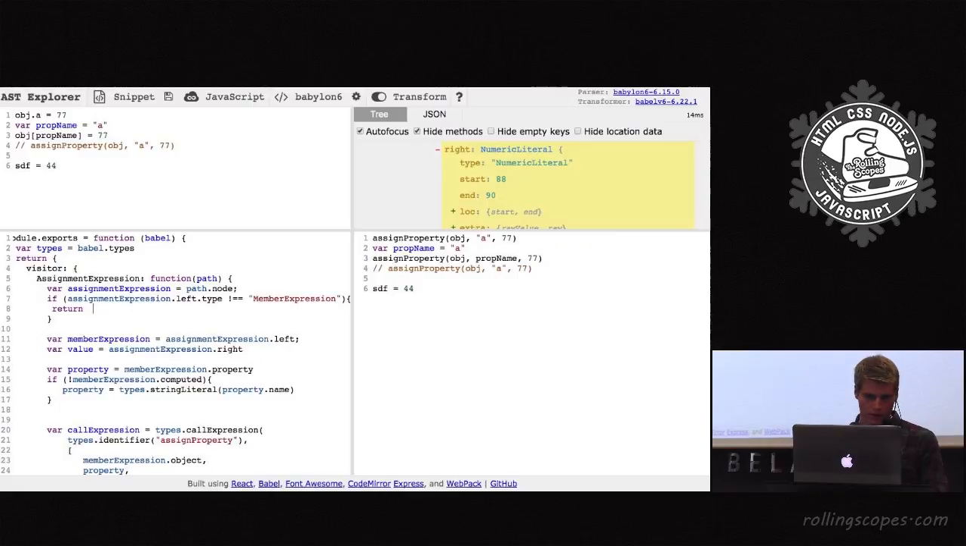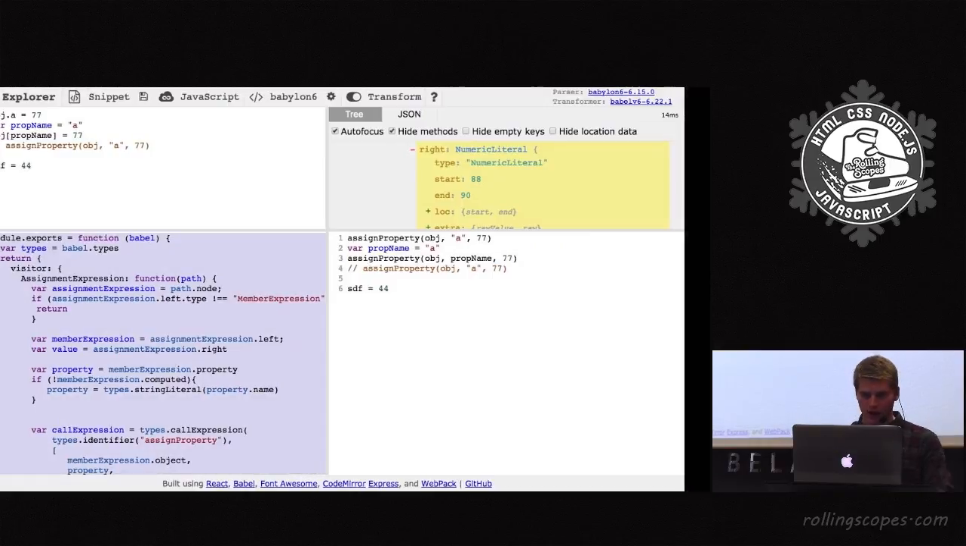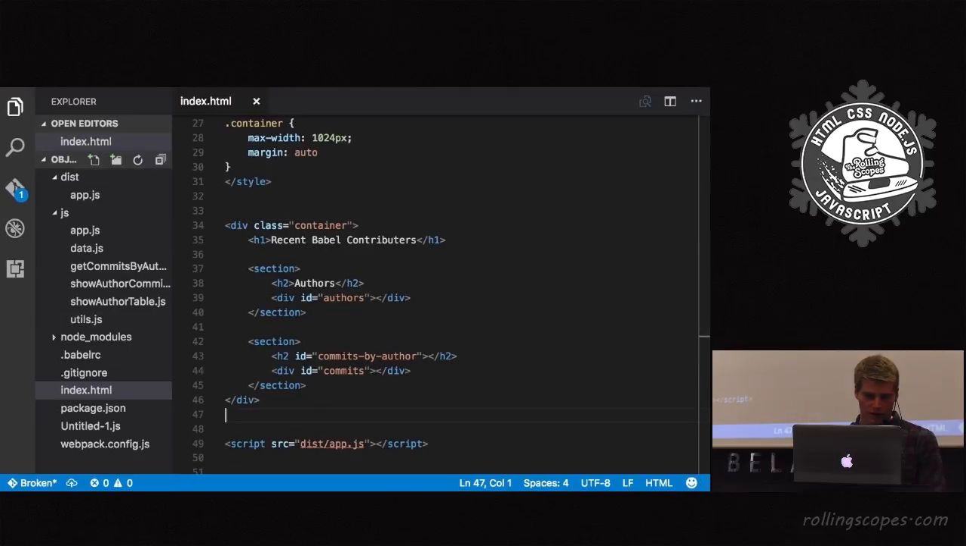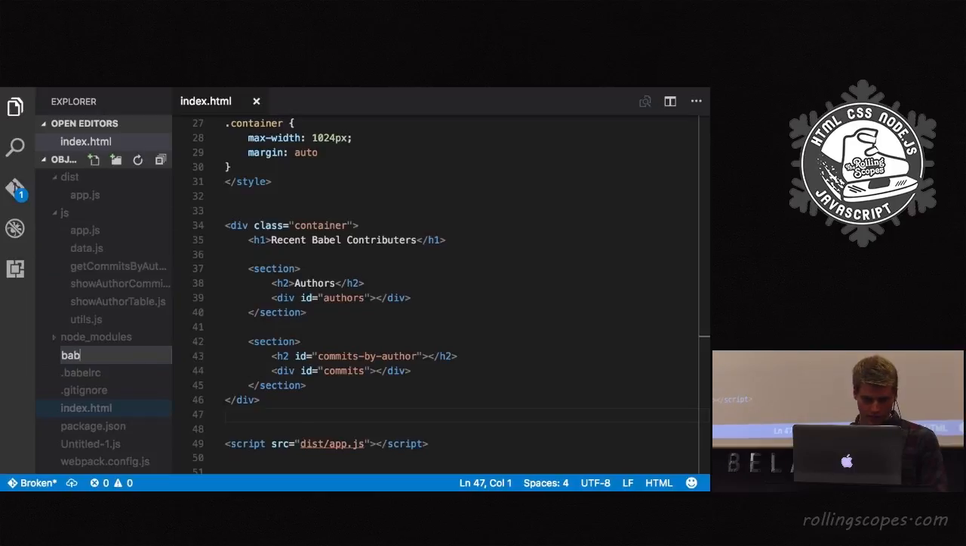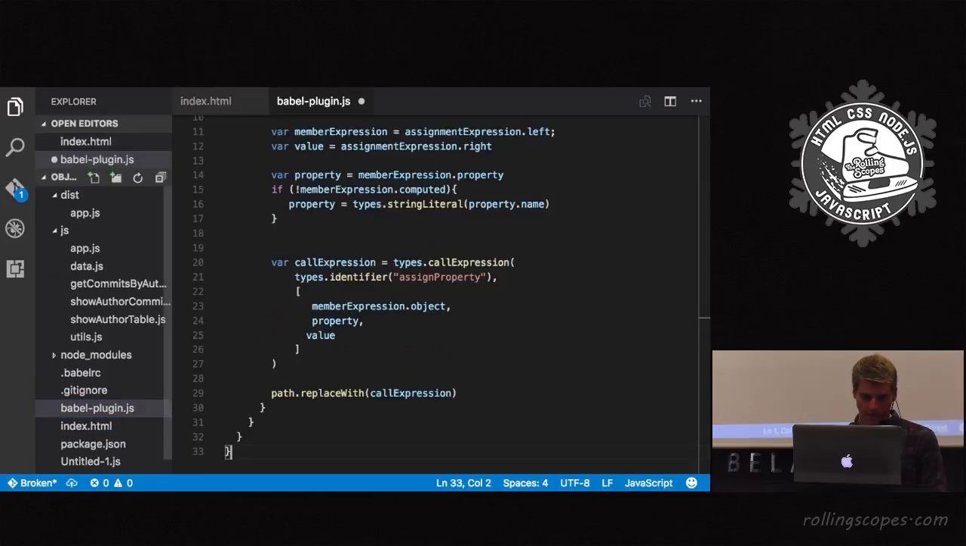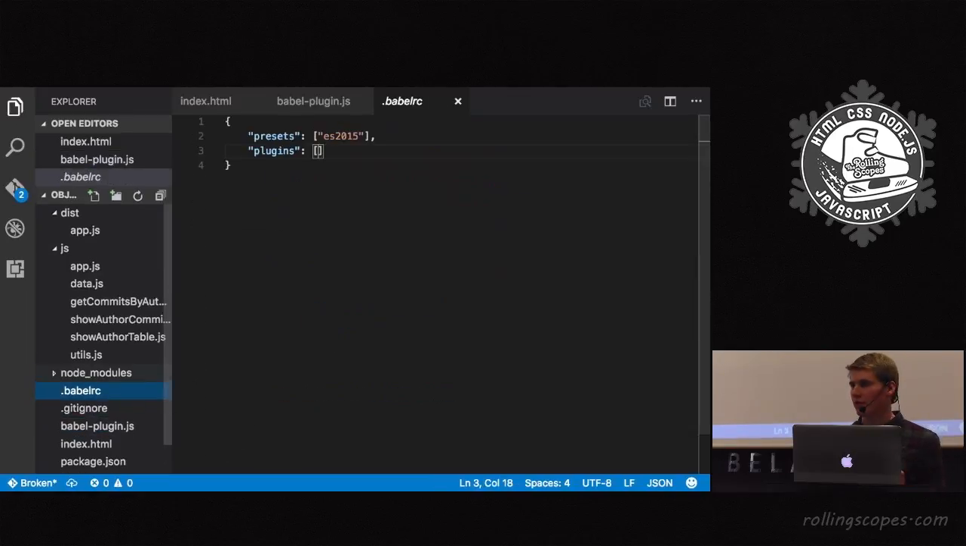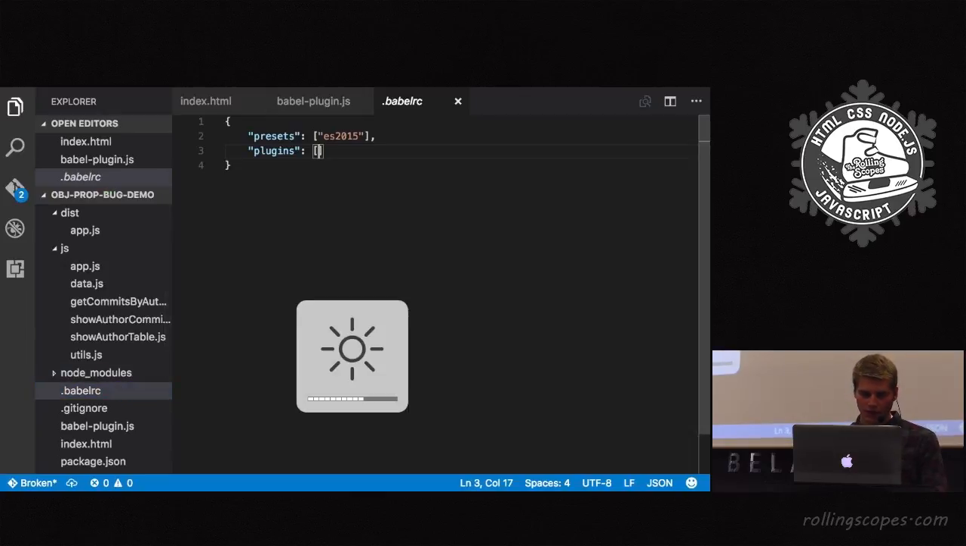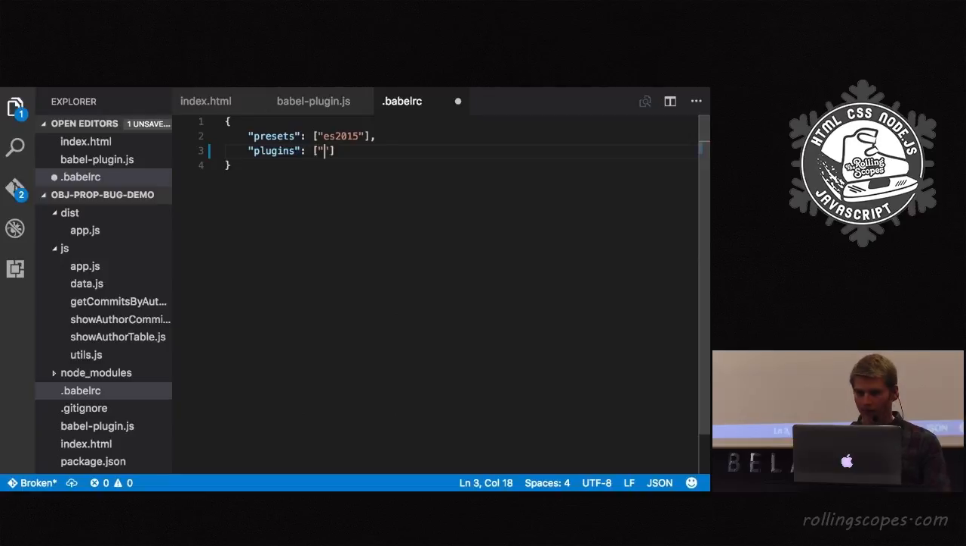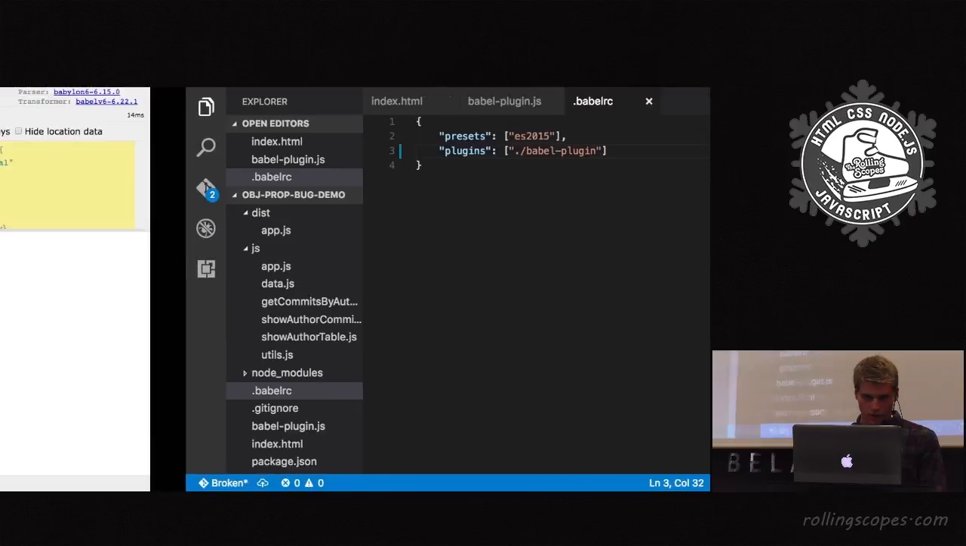Okay, so this is done now. We can take this code and put it into a new file in my application that I showed you earlier. We just saved it as babel-plugin.js. The next step is to add it to the Babelrc file, or wherever you define what plugins you're using. And instead of using the name of a package, for example ES2015, which is the name of a preset, we can just use a file name in here. Cool, so hopefully